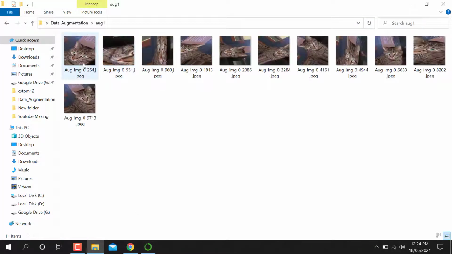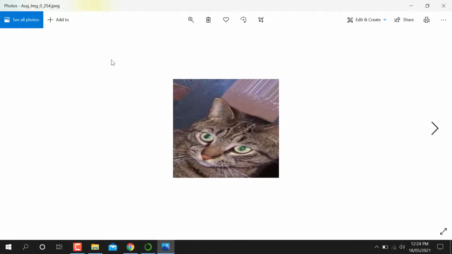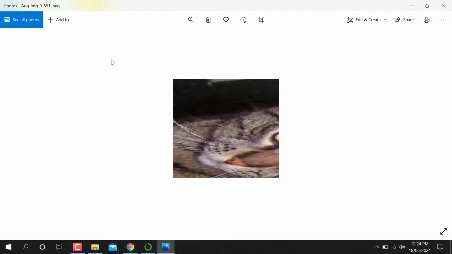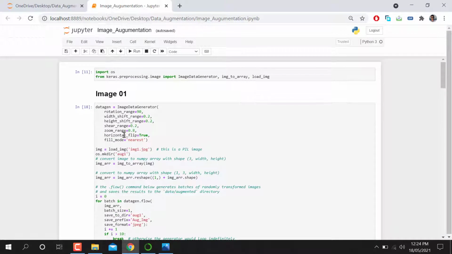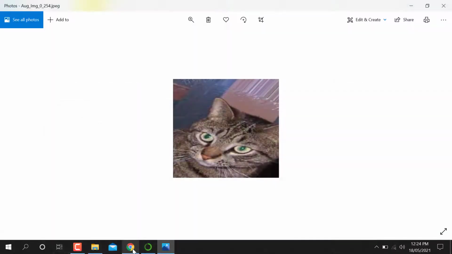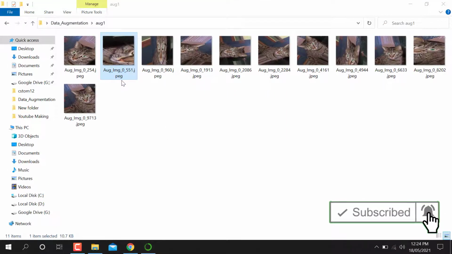This is the folder, you can see it shrinks, I'm just capturing the information of the face only, because we have used a zoom range equal to 0.8.